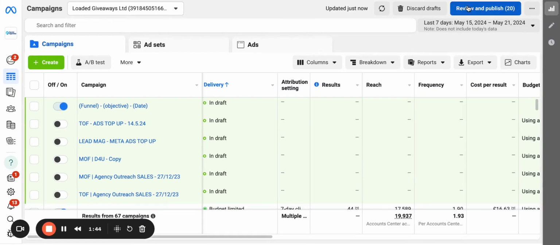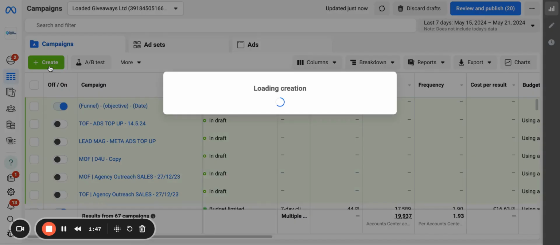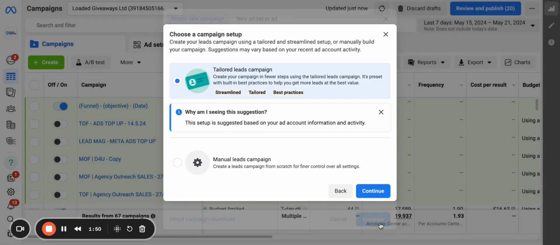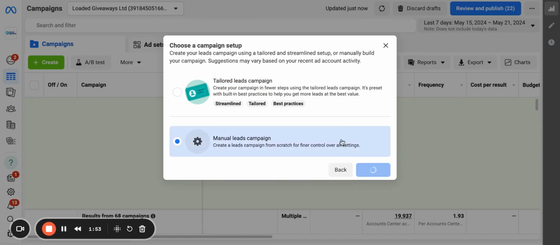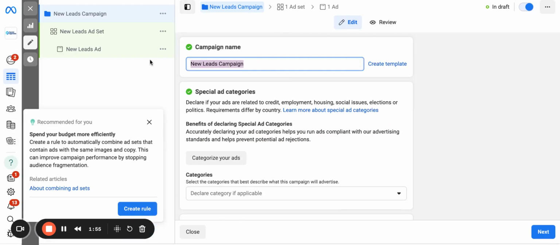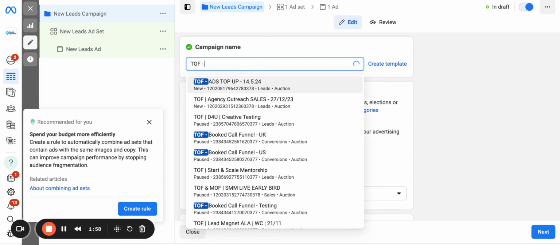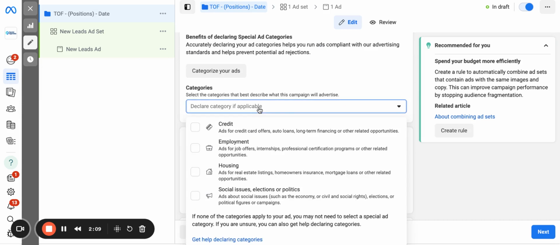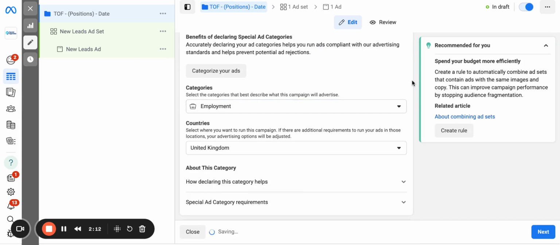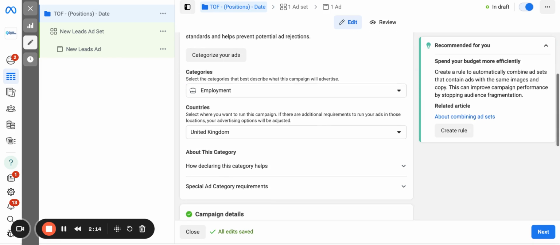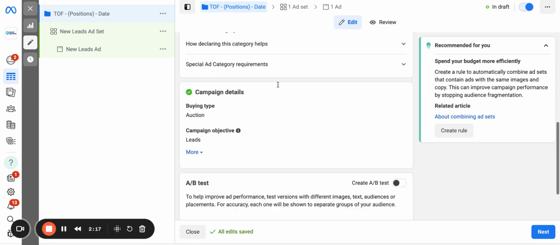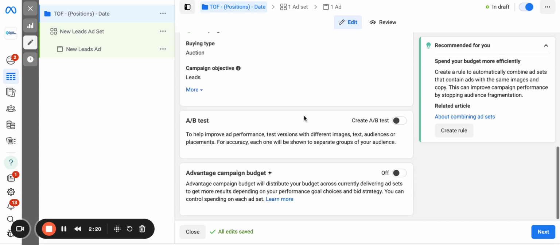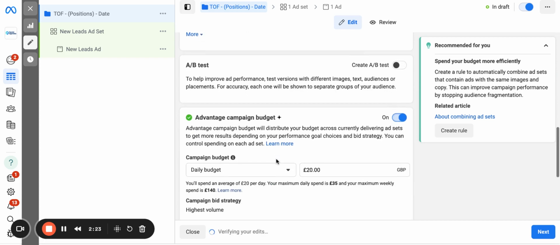So if we go into Ads Manager and we go to create a new campaign, leads, continue, manual leads campaign, just so we've got some control. And you want to call this your top of funnel recruitment position. So you want to enter your position or the positions you're hiring, and then you want to date the campaign as well. Categories, so we're doing employment ads, which means that we'll lose a bit of control in terms of how narrow we can target. Select the country you're doing this in. Scrolling down, auctions fine, leads are fine, and then we want to put advantage campaign budget,